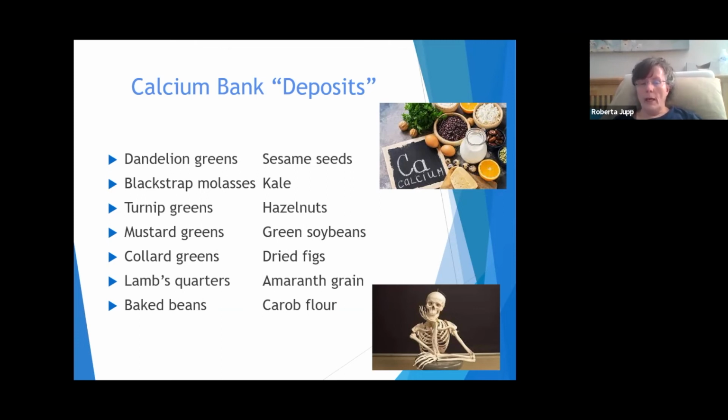And then carob flour works very well in place of chocolate, or the carob, like the powdered carob. You can use it in a recipe in place of chocolate, because chocolate tends to deplete the calcium in the bones, but carob actually helps the bone to lay down more calcium. And I did discover a trick. If you use carob, your tongue really knows that it's not chocolate. It'll say, I know that's not really chocolate.